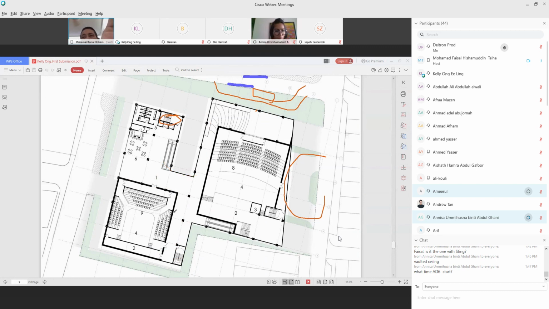Can you shift it to here? Half and half. That means here you have one narrow walkway, one corridor there, and then you can do this staircase here, one staircase here.